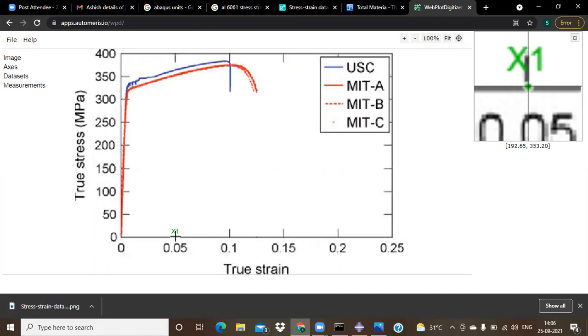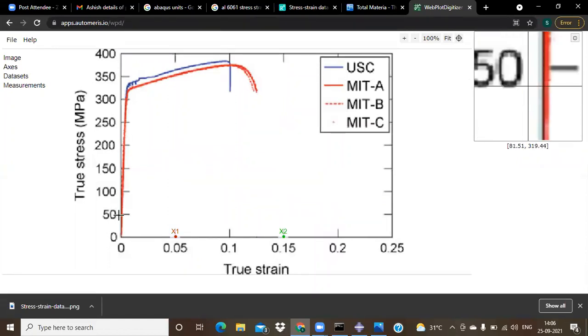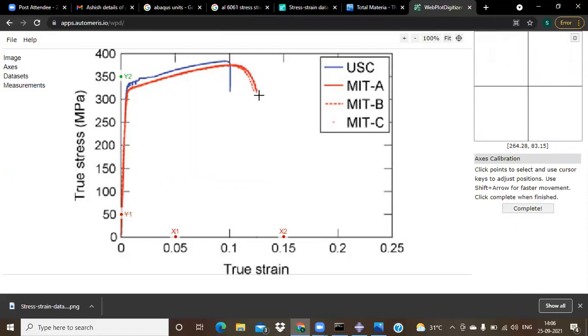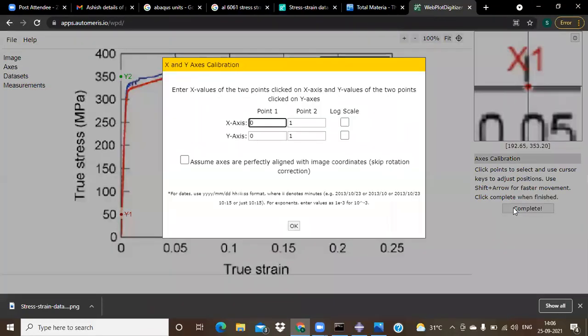Now I need to feed the X2 value, and similarly I can feed my Y1 value and then my Y2 value. Once this is completed, you click on complete.